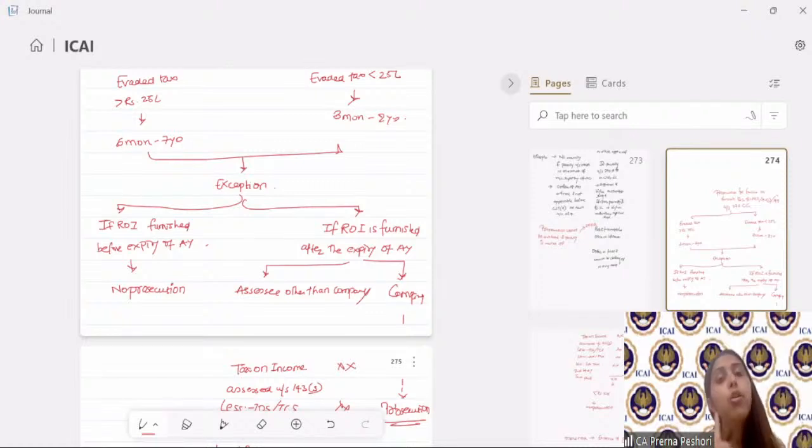But the liability will be only up to rupees 10 lakh, which is the value of the asset which he had received in the estate. It cannot be more than that. And this personal liability is also in respect only of tax and not in respect of penalty, fine or interest. Is that clear? Any doubt?